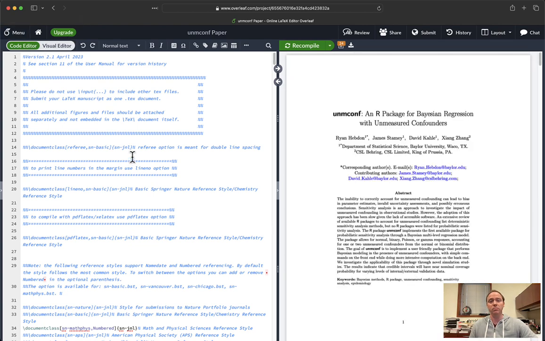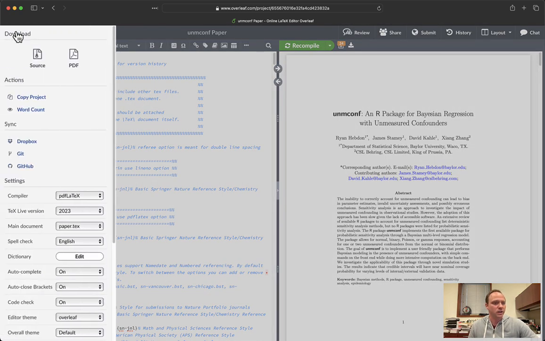I don't have a paid Overleaf account, so I do have an account, but it's not a paid account. So I could upgrade here. I don't think that's going to matter, but I guess we'll find out together as we go through this. I do have a paid GitHub account, and we'll probably encounter that somewhere as we go through this whole process. So I believe I start here by clicking menu, and then underneath all of this here,